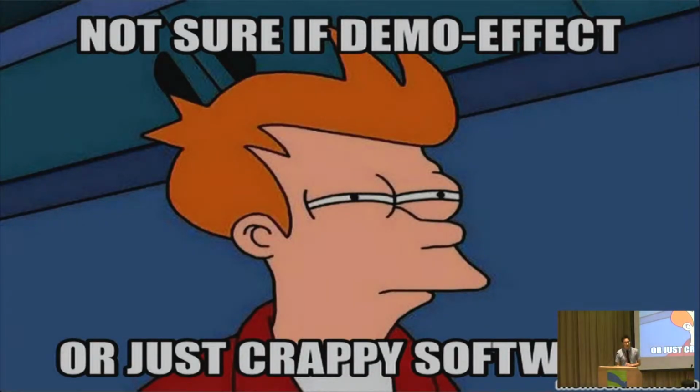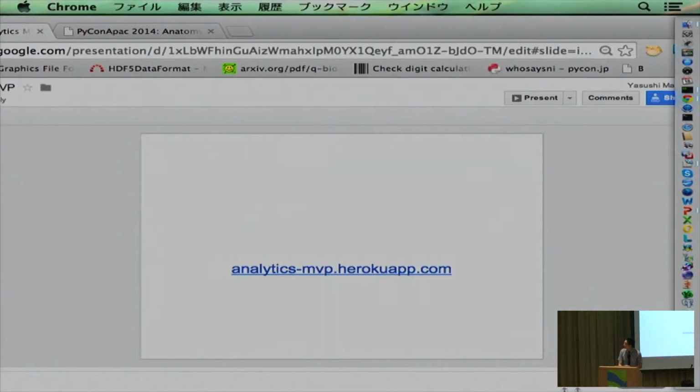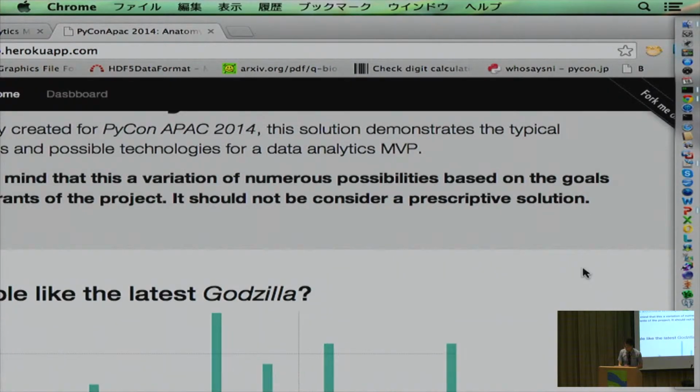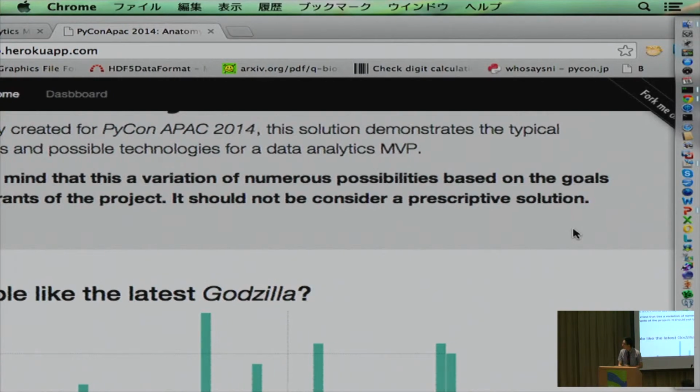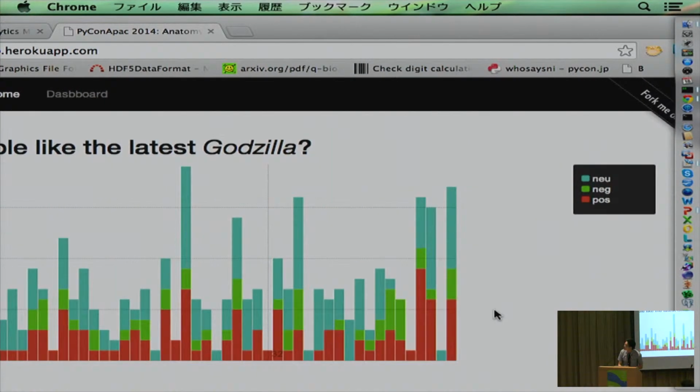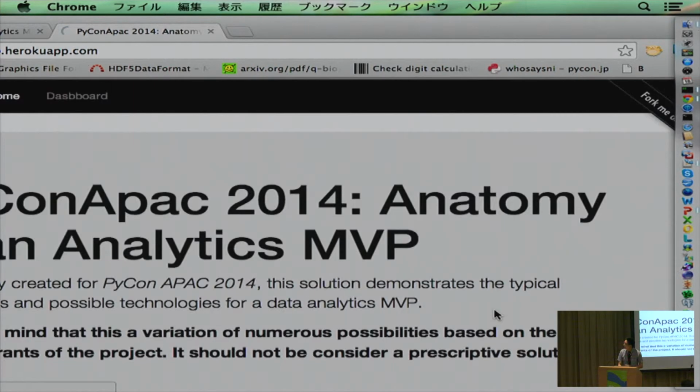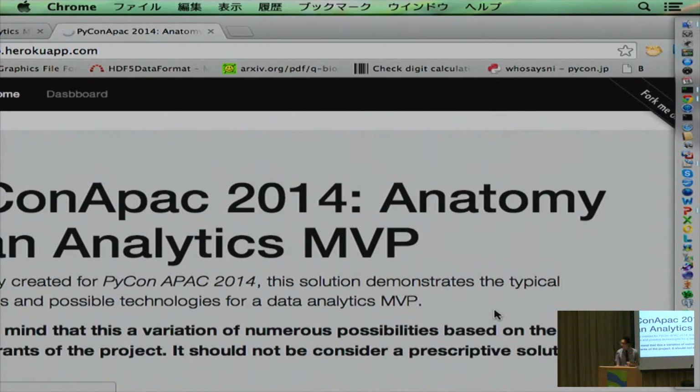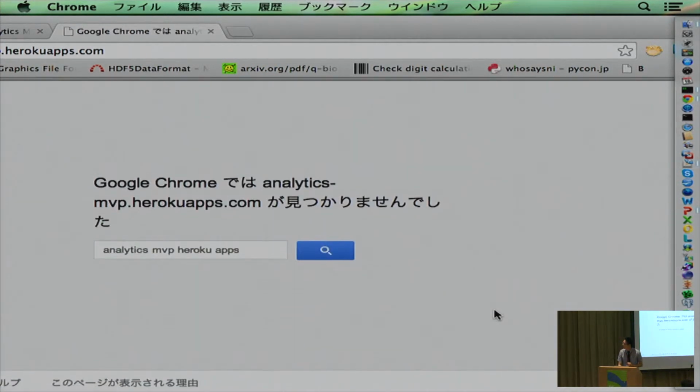So now it's demo time. Here's the link, so if you're interested, you can go on there yourself. But I already have it open here. It's a fairly straightforward demo. It's a very simple website. But the key thing